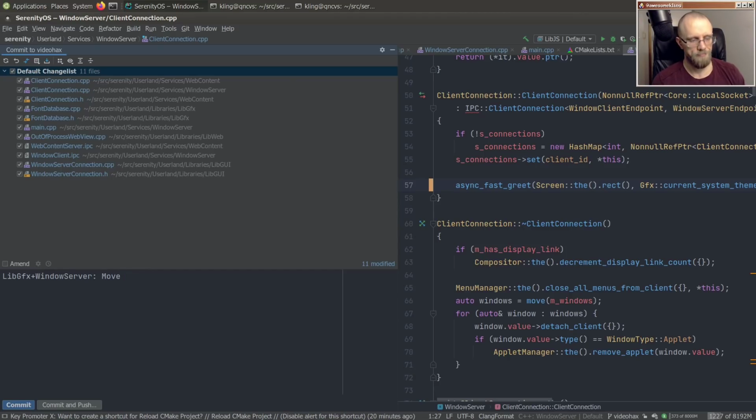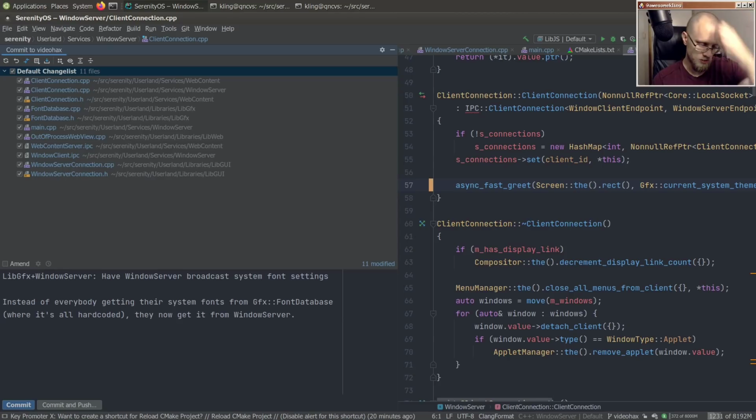Move Windows Server broadcast default system fonts settings. Instead of everybody getting their system fonts from graphics font database, where it's hard-coded, they now get it from Windows Server. These are then plumbed into the usual graphics font database